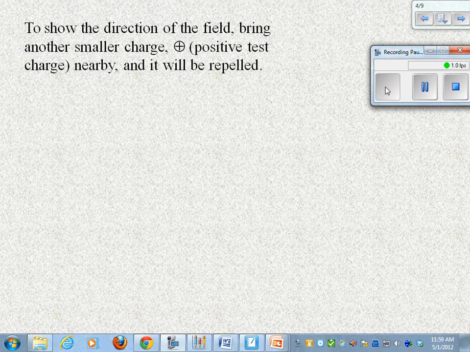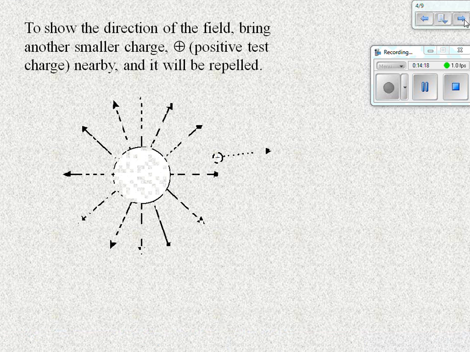To show the direction of the field, we're going to bring a small positive test charge nearby, and it will be repelled, pushed away. It'll look like this. Which means that the field lines